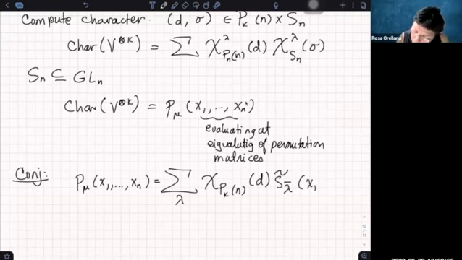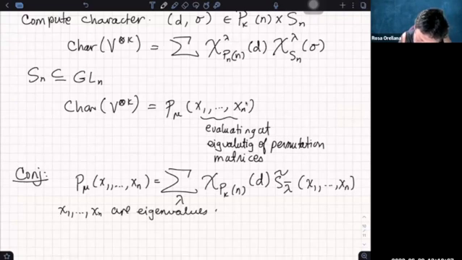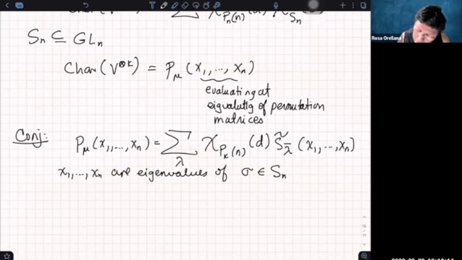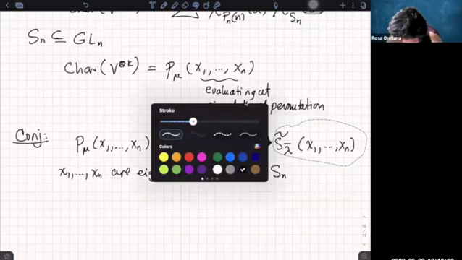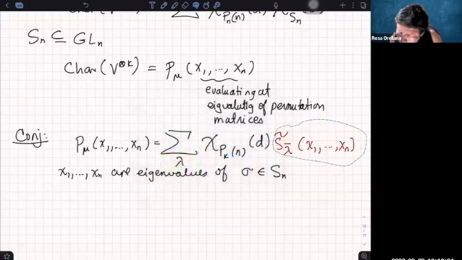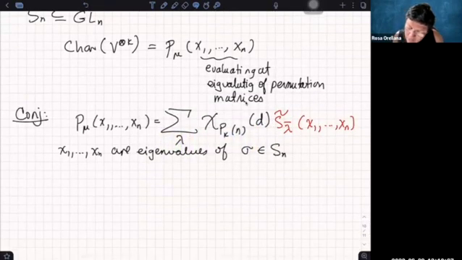Where this means you remove the first row. And these x1 up to xn are eigenvalues of the sigma in Sn, thought of as a permutation matrix. So basically the idea was whether we could find some symmetric functions that, when evaluated, gave you, maybe to contrast